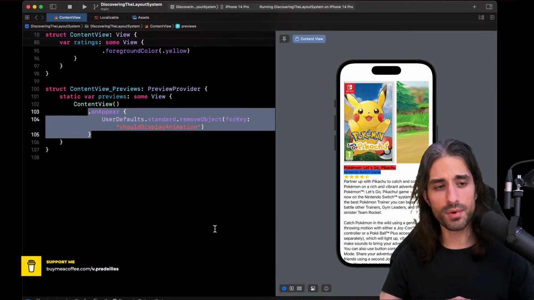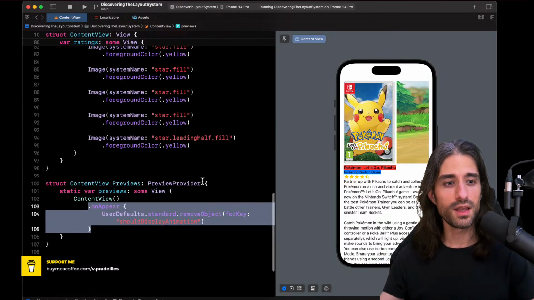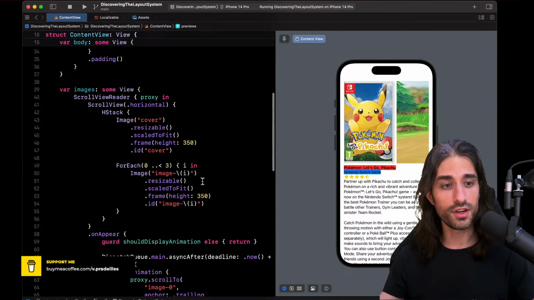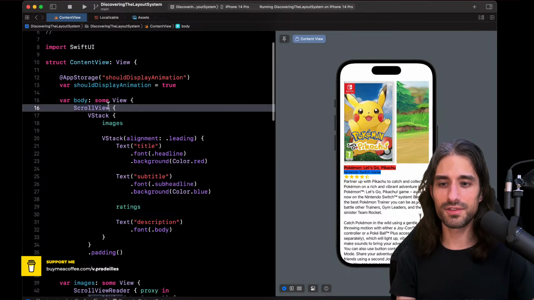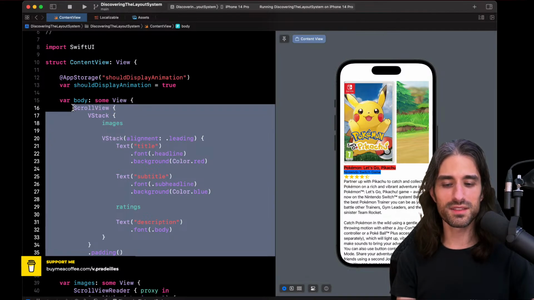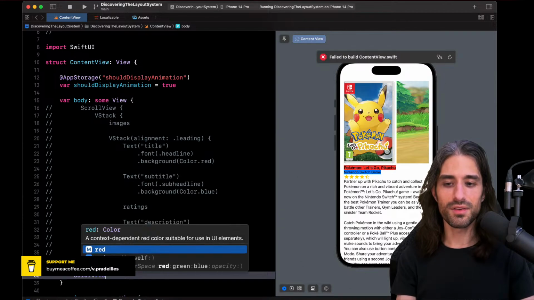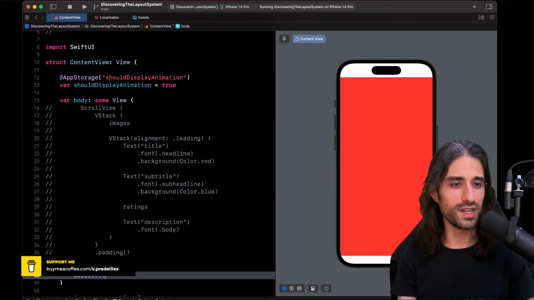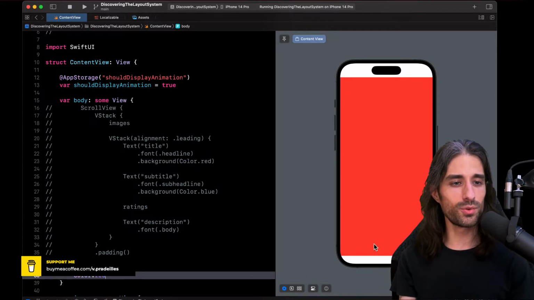We saw one example of it with the ScrollView that would take all the space available to it, but there are actually others. One I could show you, it is kind of funny to see. So I'm going to comment this code. One example of filling view are colors, actually, because you can use colors as views, and by default, they will take all the space available to them. So here I'm putting the color red as the view in my body, and it takes all the space that is available to the body.